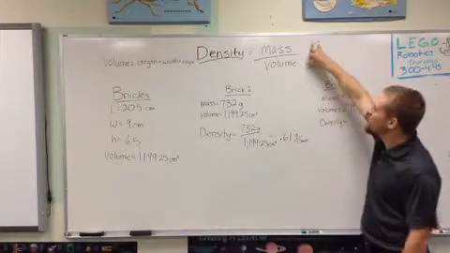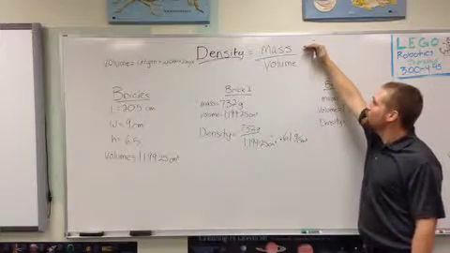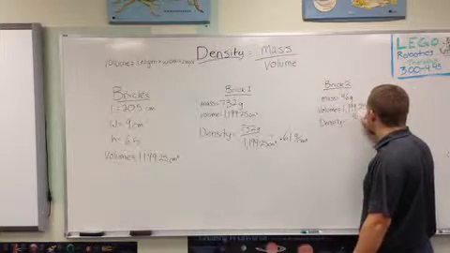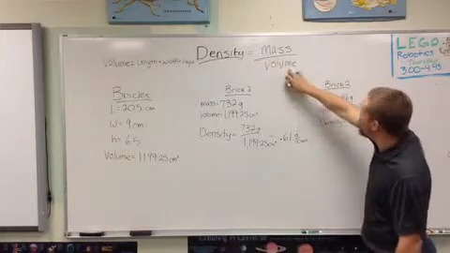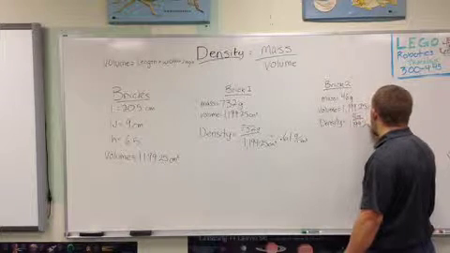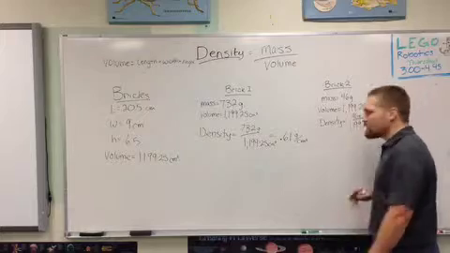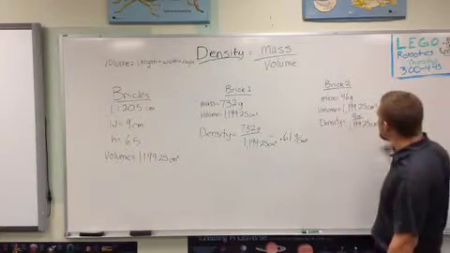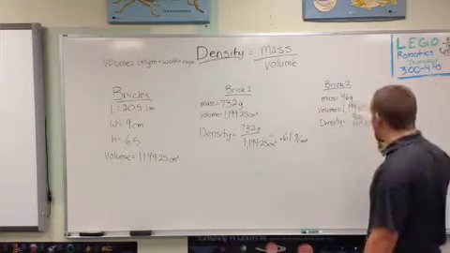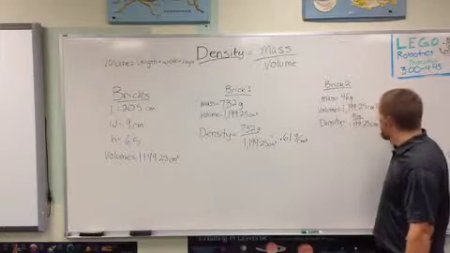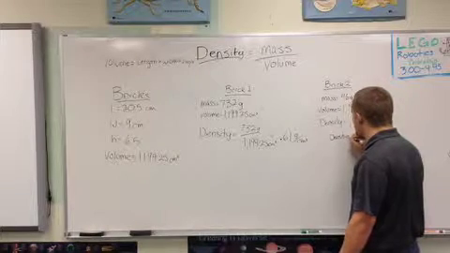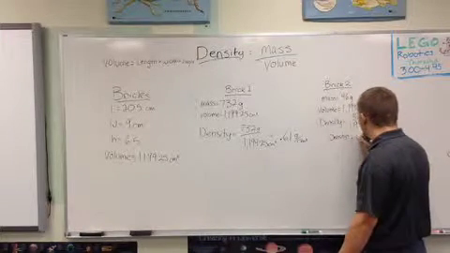Okay, so now density, again, mass divided by volume. So my mass is 46. My volume is 1,199.25. Okay, so in my calculator on my iPad, if I say 46 divide by this, it's going to give me a density of, I'm probably off the screen over here, so my density is 0.03